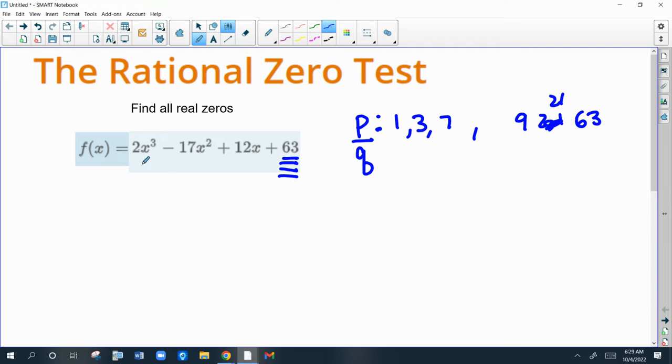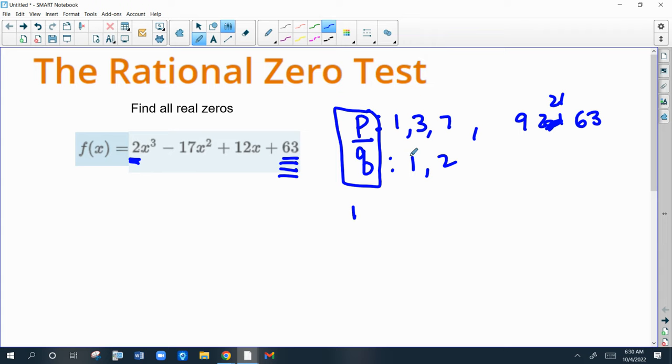Q is all the factors of the leading coefficient, which is 2. So we lucked out there. That's just 1 and 2. Now, all zeros have to occur in the form of P over Q. So any combination of all these numbers, like this,